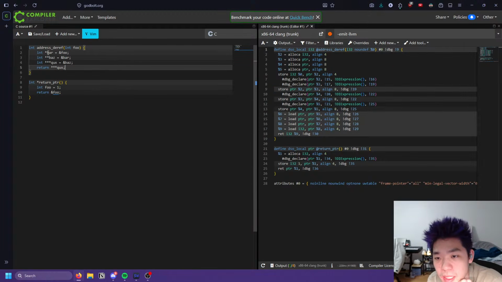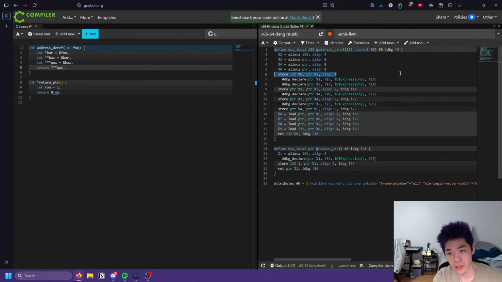Okay, well I understand why they stack allocate extra stuff. Yeah, maybe we should do this initial store as well. I think that might be smart.